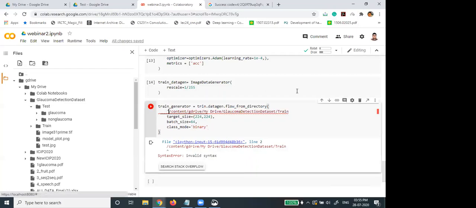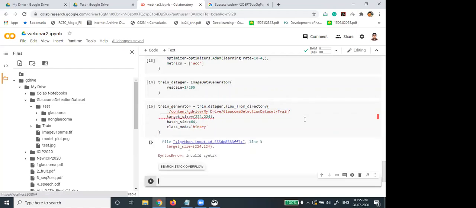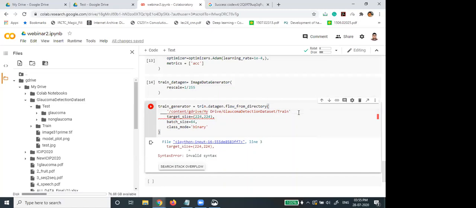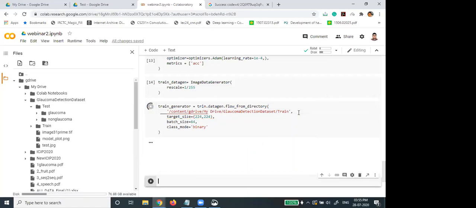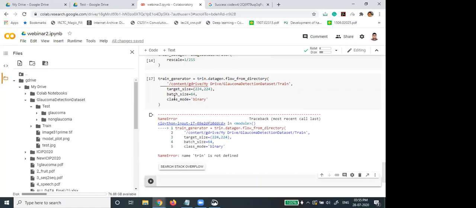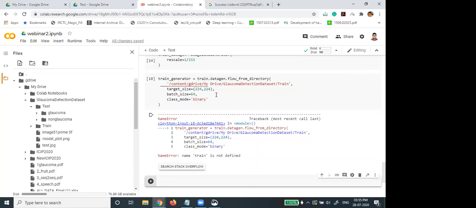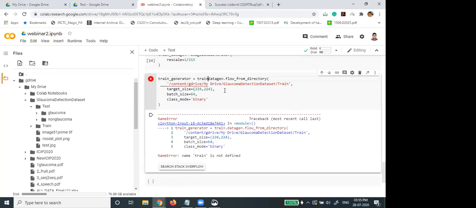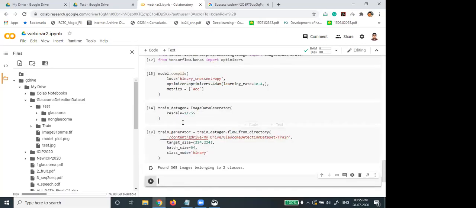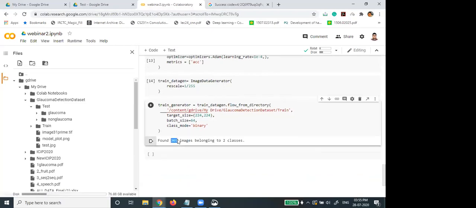Yeah, here I just want to put the string. Sorry for that syntax spelling. We have 365 images in this train data set.